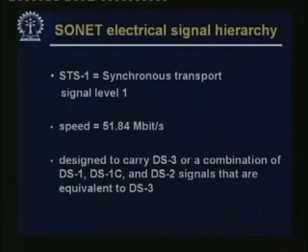So for SONET the basic rate is STS-1, that is synchronous transport signal level 1. The speed is 51.84 megabits per second. This is designed to carry what was DS3 earlier, or a combination of DS1, DS1C, DS2 etc. As I said, a combination of different streams can flow through a SONET pipe, or a SONET infrastructure. So that is good, that means DS3 is a fat pipe, almost the same as STS-1. It is a fat pipe through which multiple DS2 or DS1 etc. may travel.